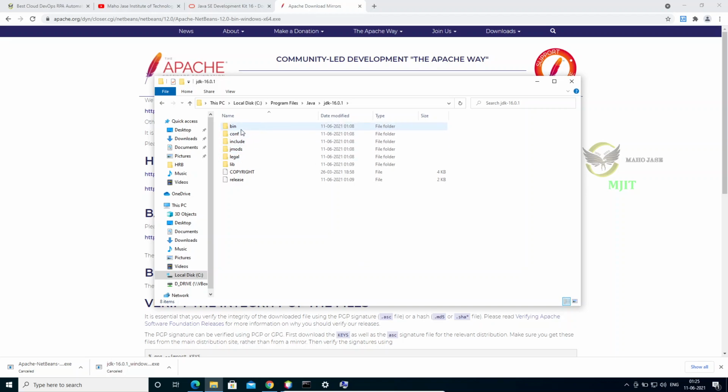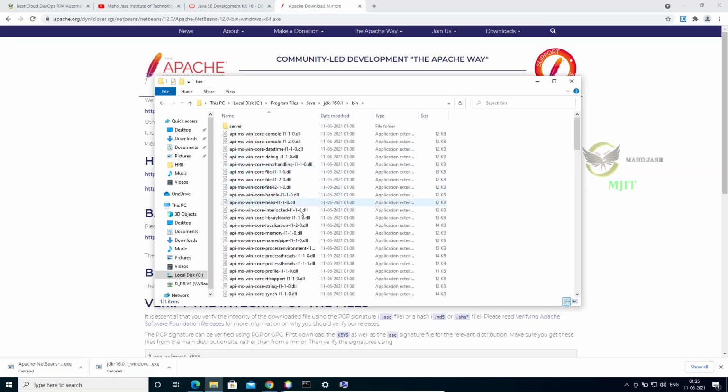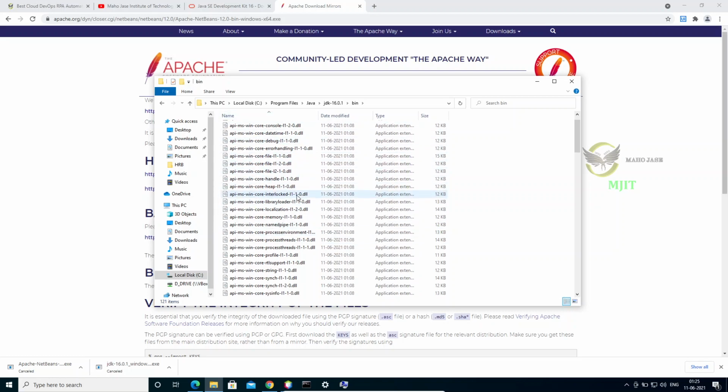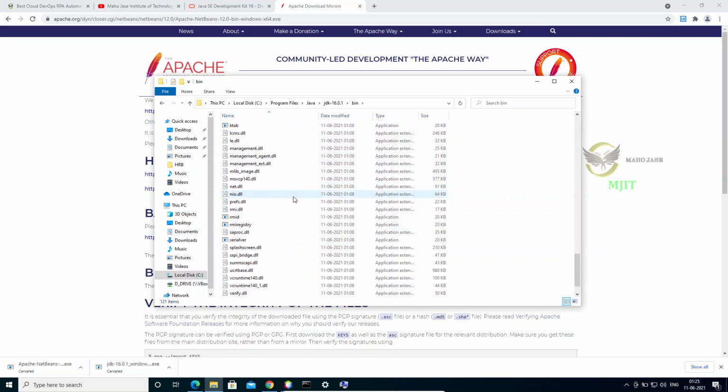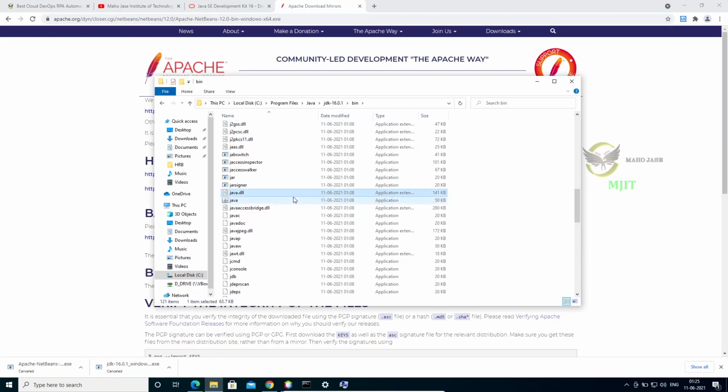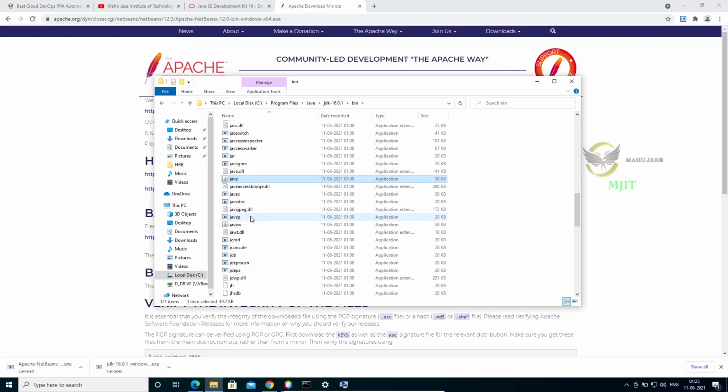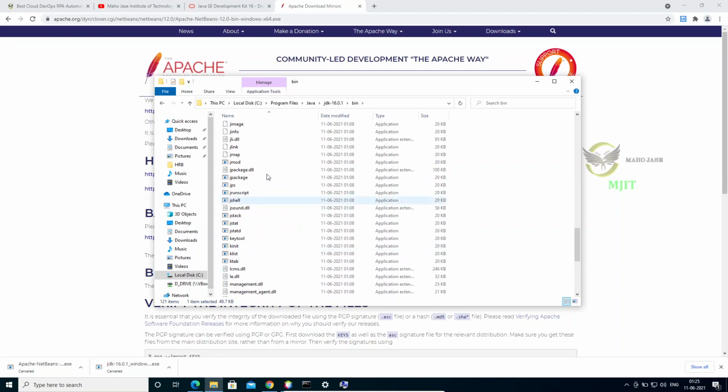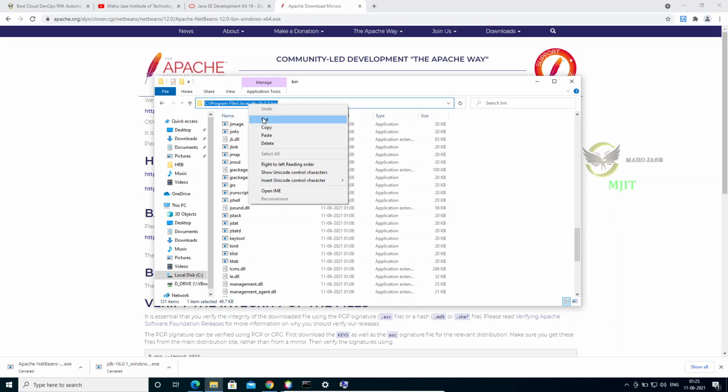All other folders are also important, but bin is one of the important folders because this has all the dependents and important files. For example, java.exe. If you see, java.exe file is available. javac.exe also is available. So all other dependent files, DLLs, everything is available here only. So just copy this particular location and come back to